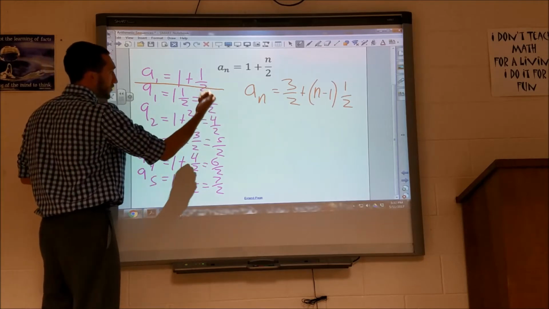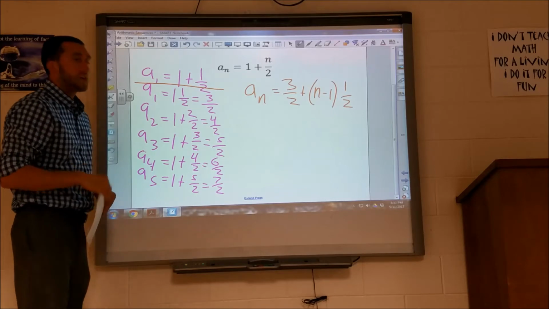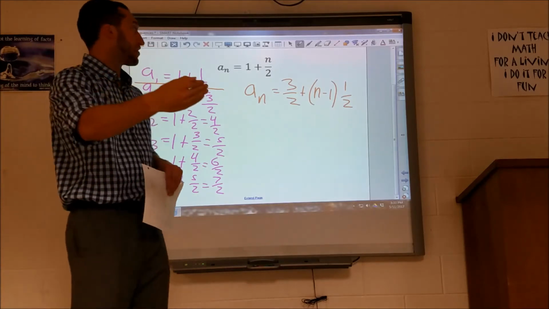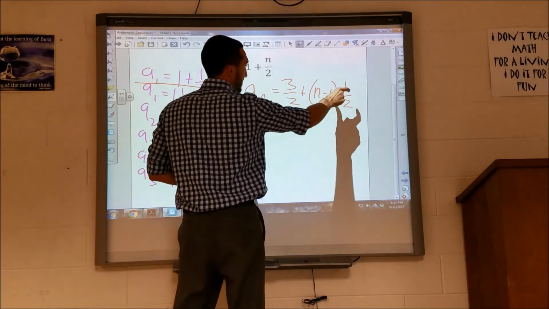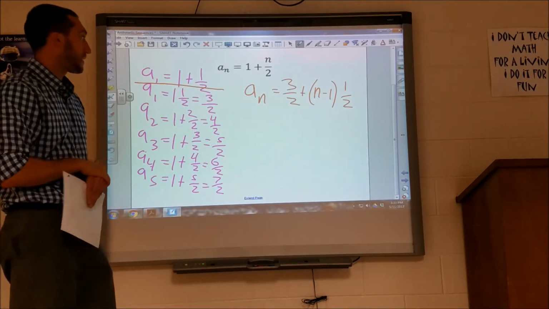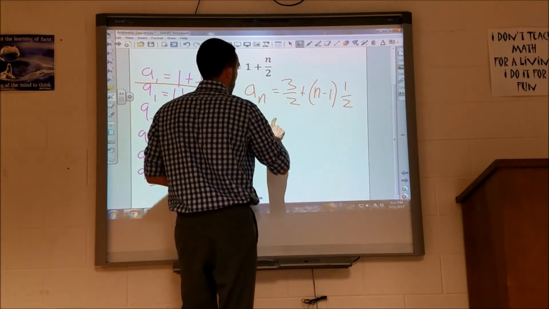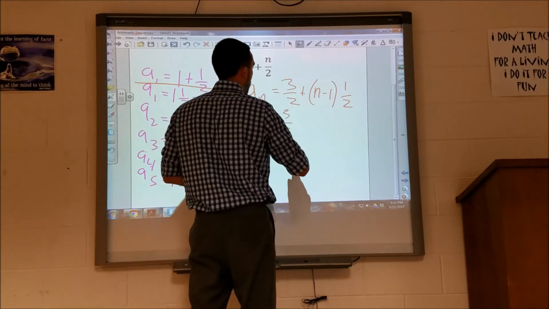To get from 3/2 to 4/2, I'm adding 1/2, adding 1/2, adding 1/2. So that's my common difference. That's what I'm adding each time. That goes in for my d of my arithmetic sequence formula that we learned in the previous slide. So I'm going to go ahead and simplify just a little bit, saying my nth term is equal to 3/2